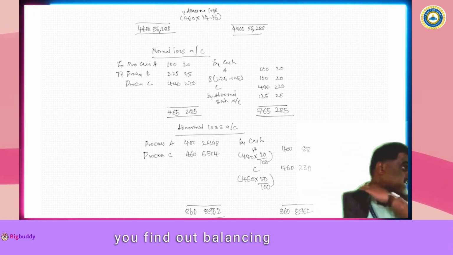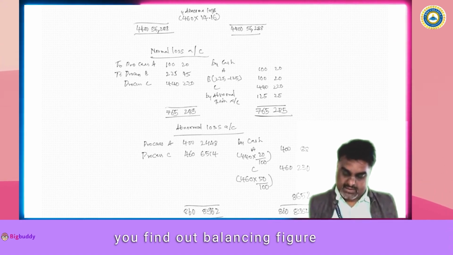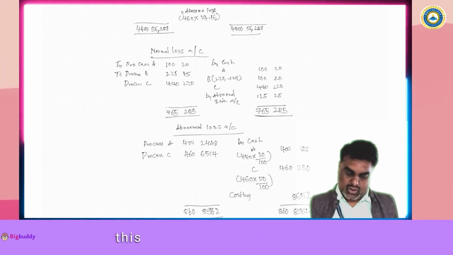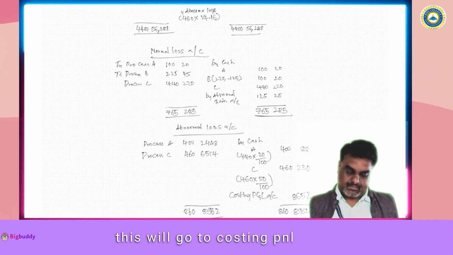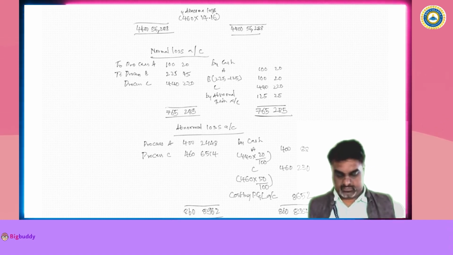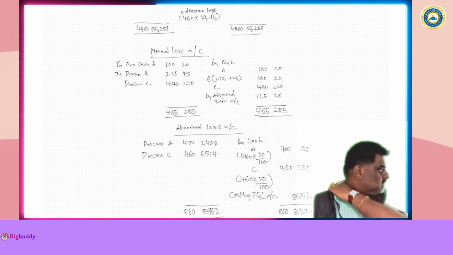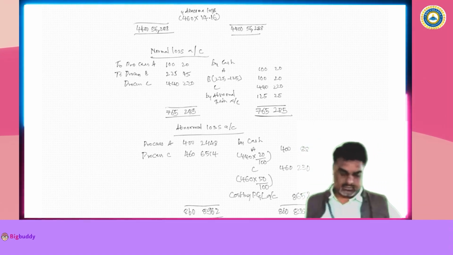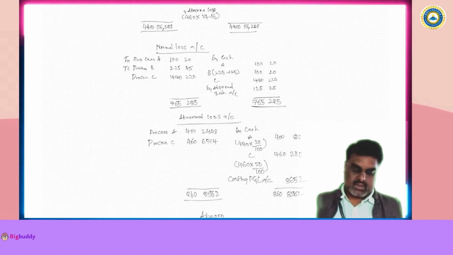Difference you find out. Balancing figure 8652. This will go to costing P&L account. Then there's